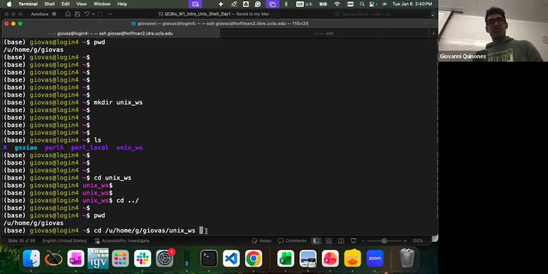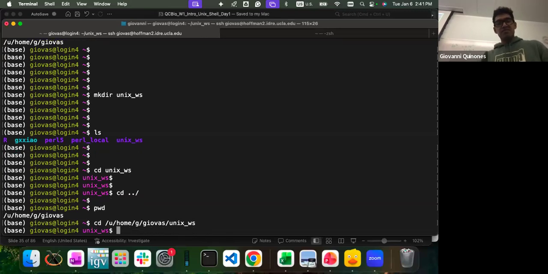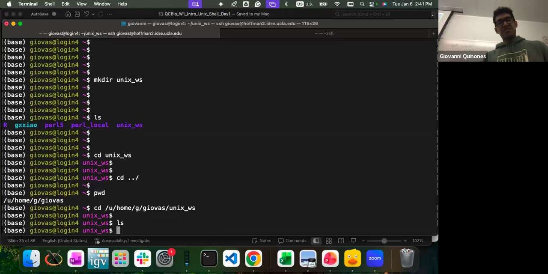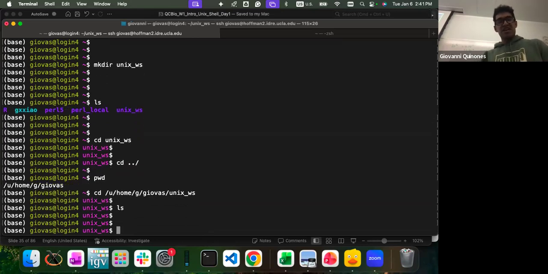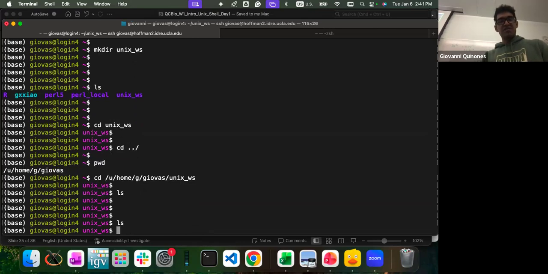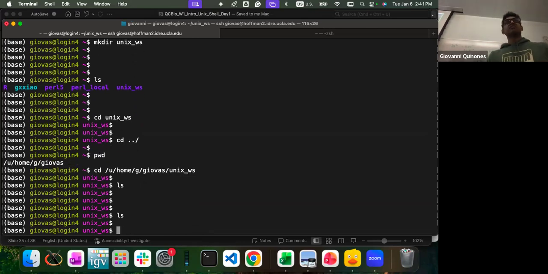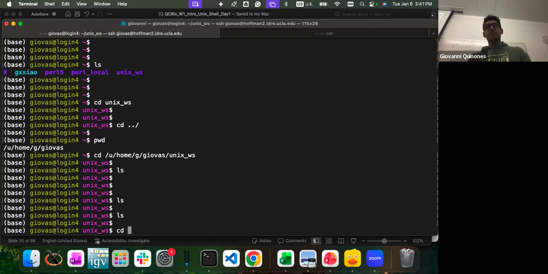So this time I'm moving to the Unix WS folder using the absolute path. It should give you the same result. And if I do ls in the Unix WS, nothing comes out because it's empty. We haven't put anything there yet. Okay, so these are some of the basic commands: ls, listing; cd, moving across directories; and mkdir, making folders.